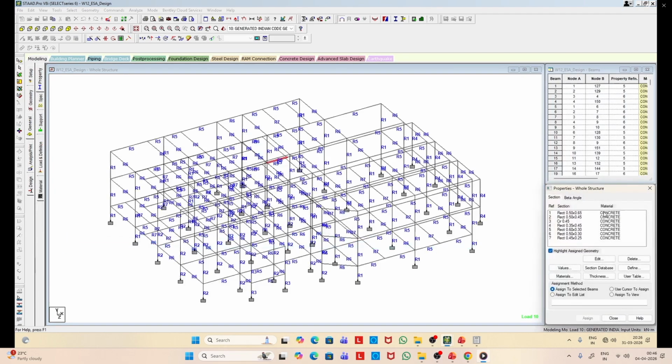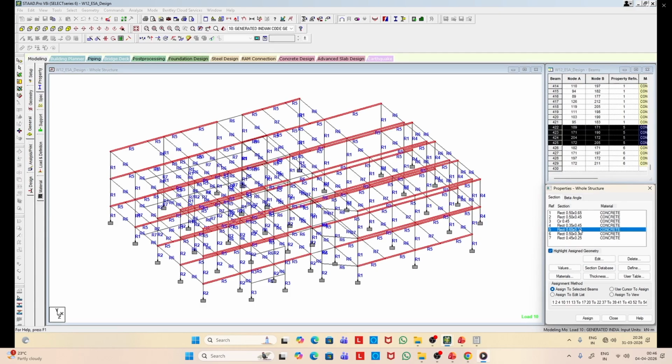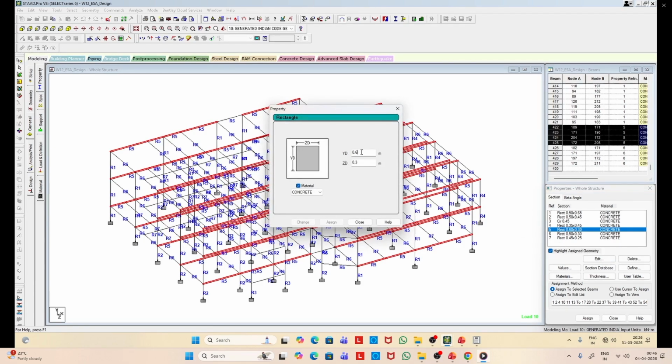For that, let us go to the cross section. Let us increase the section size. We can actually change the section size for that particular member, but let us make it simple for the time being.